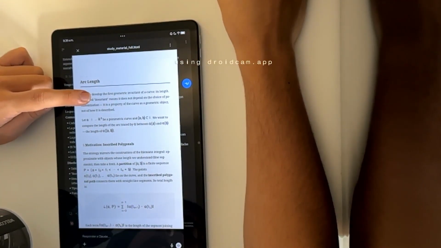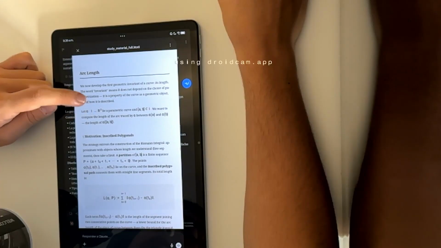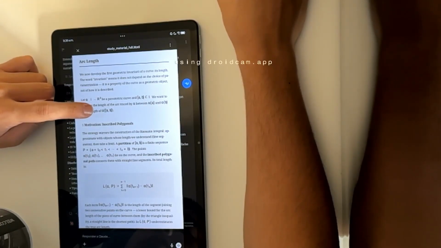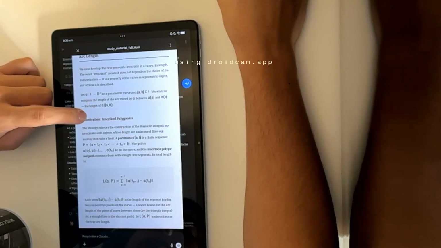The length of alpha from A to B. Motivation. Describe polygonal